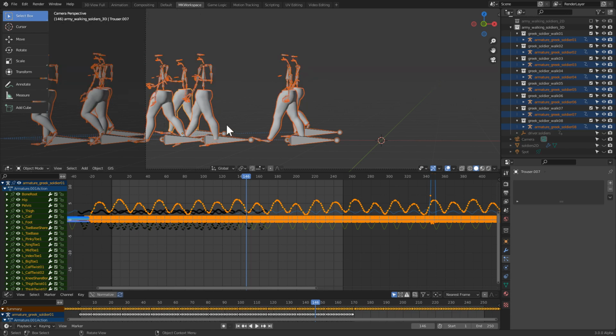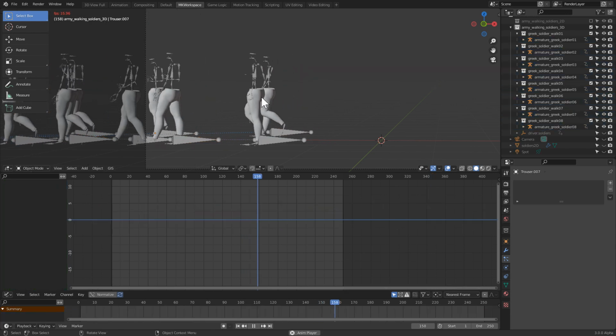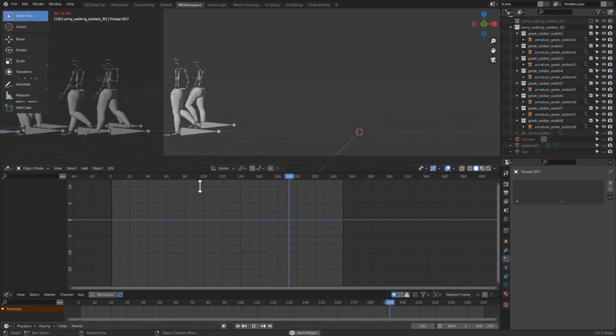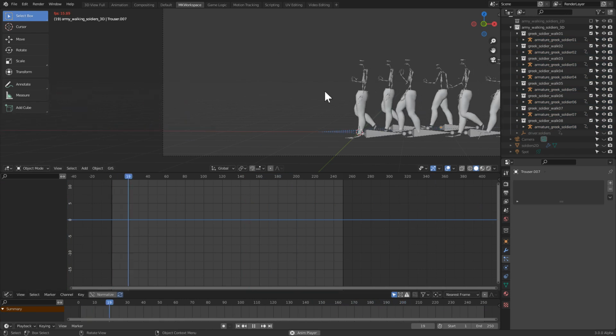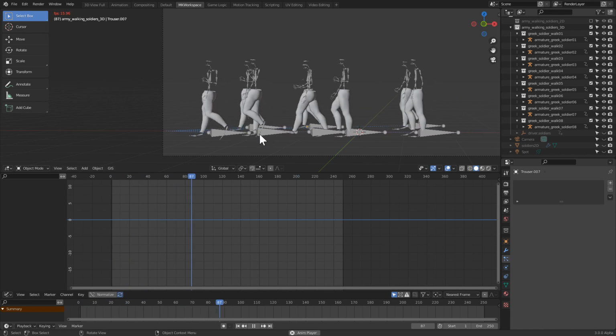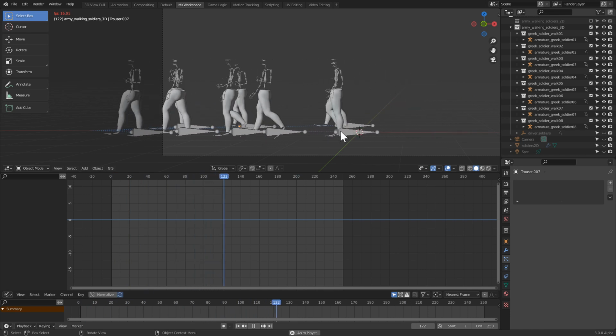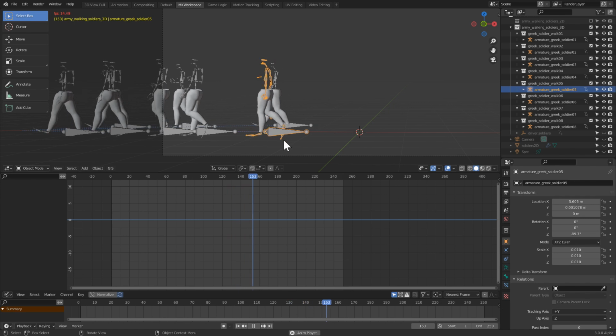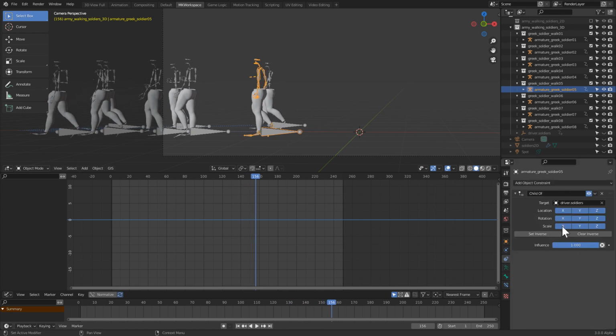So if we select the armatures and the legs of all of these guys and then hit Shift H, see, now it's much faster, and we can see that some of them seem to be not sliding. For example, this one, these guys seem okay, but this one is sliding a lot. And that's where I want to show you why this constraint is so useful, because there's this influence option. And if we lower it,